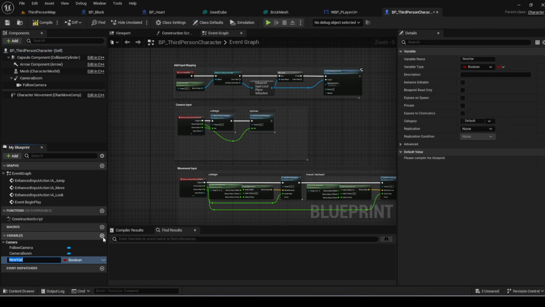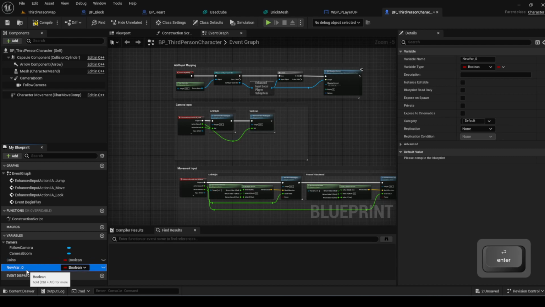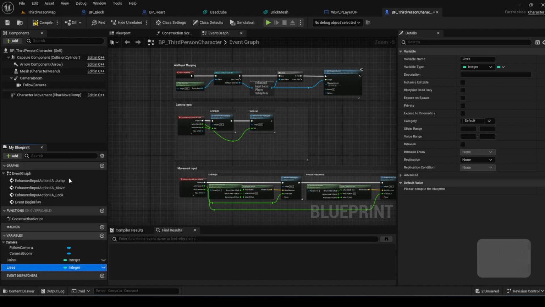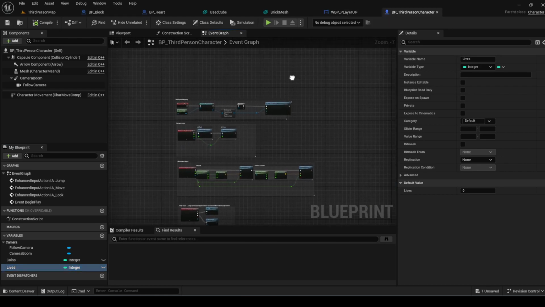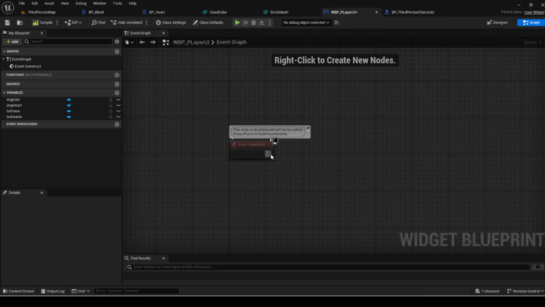So let's add two variables that are going to count. One for the coins, and this is going to be our lives. Both are integers,